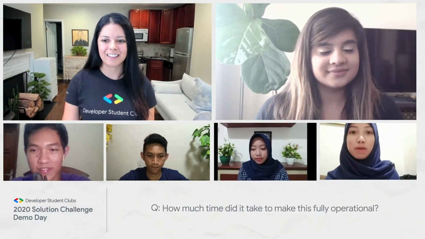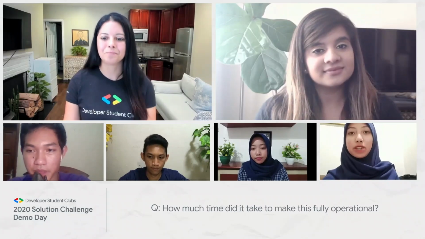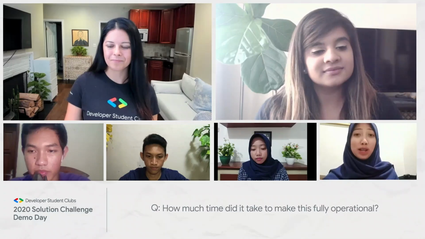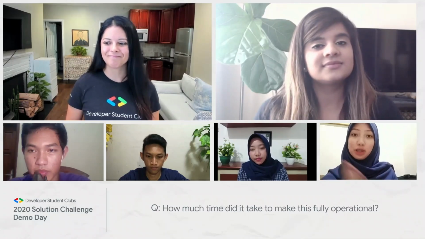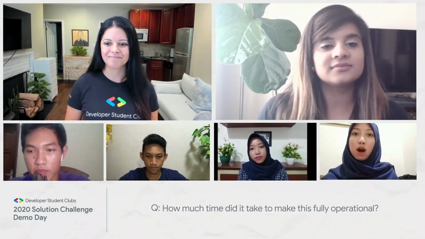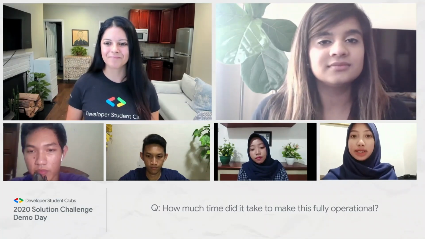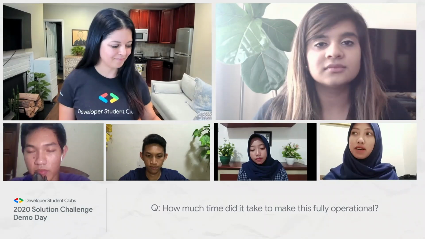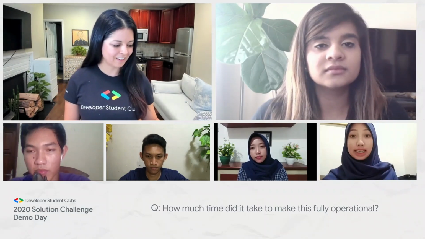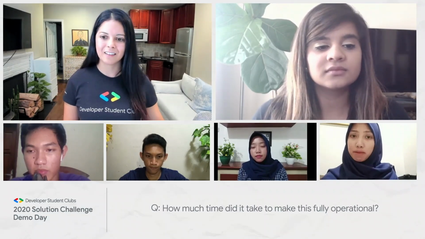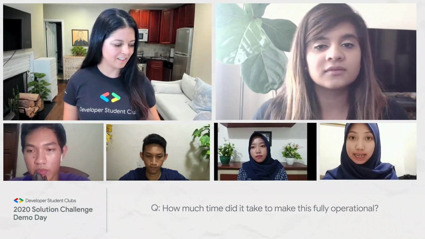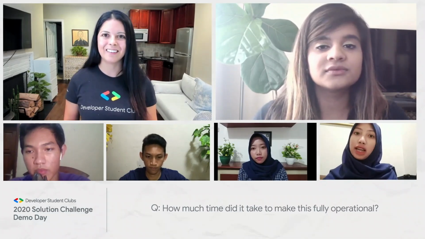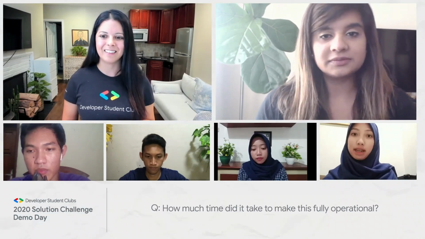So how much time to make this thing fully operational is we are doing several trainings. I think it's a lot, and it's actually not 100% fully operational because there are still so many things to do to make these things work. And I think for now, for the smart glasses, it works at 95% accuracy. And for the smart gloves, I can say that the accuracy is about 85%.